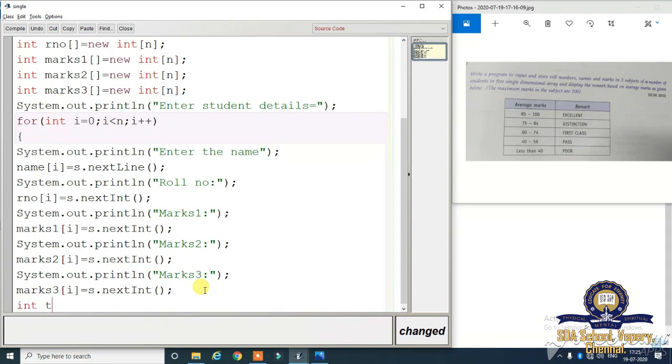So int total is equal to marks 1 of i plus marks 2 of i plus marks 3 of i.